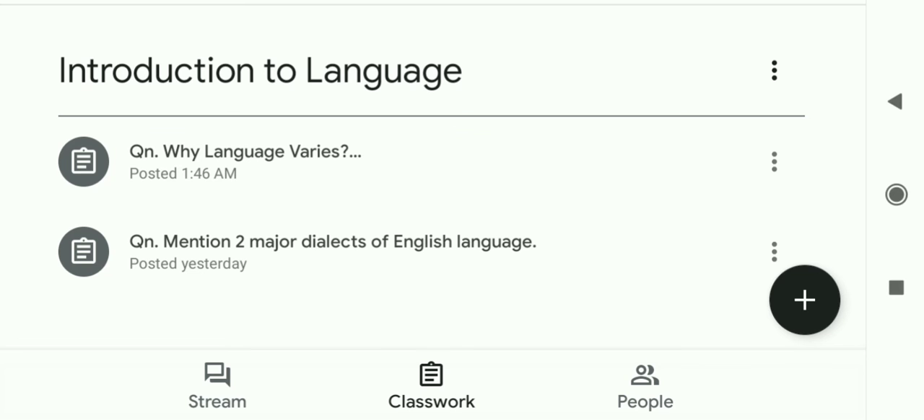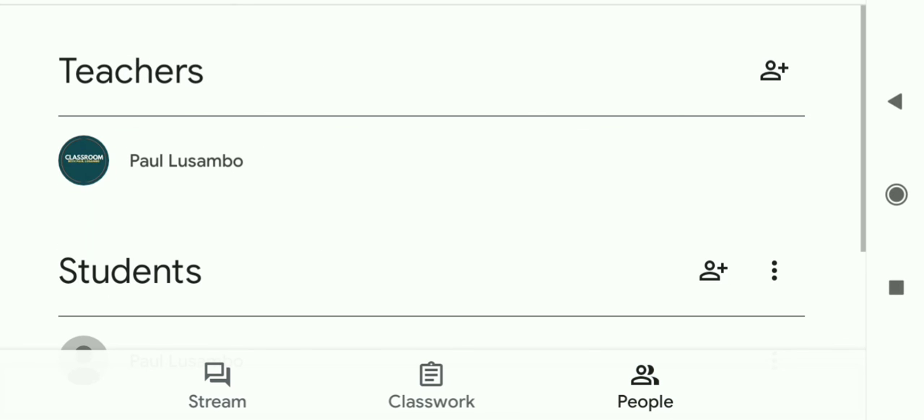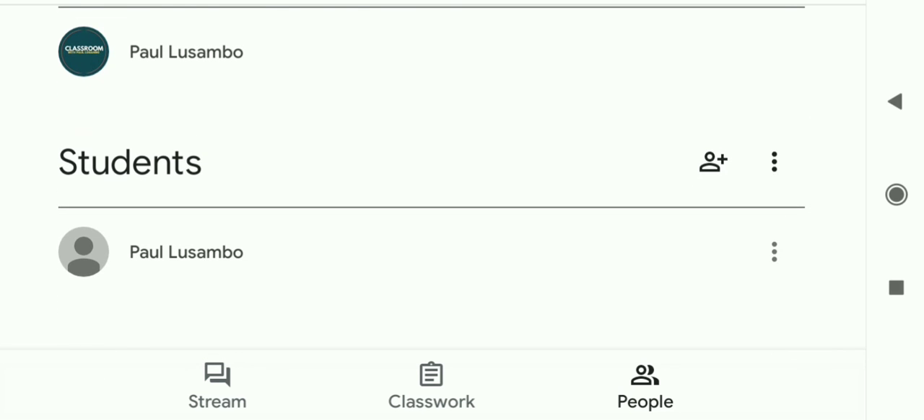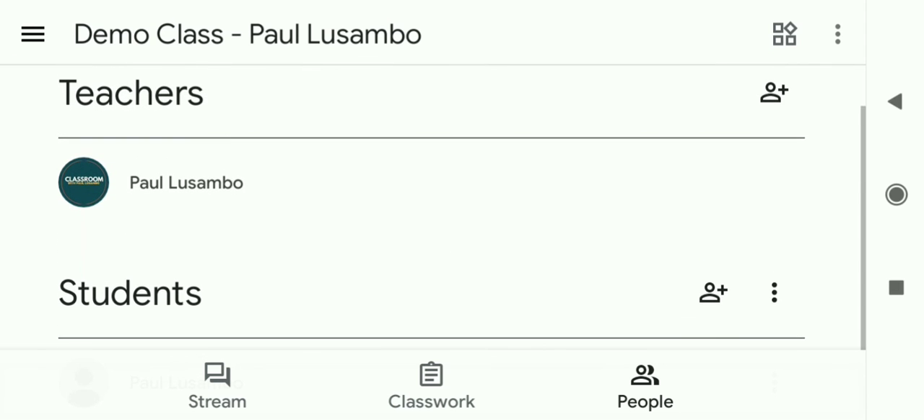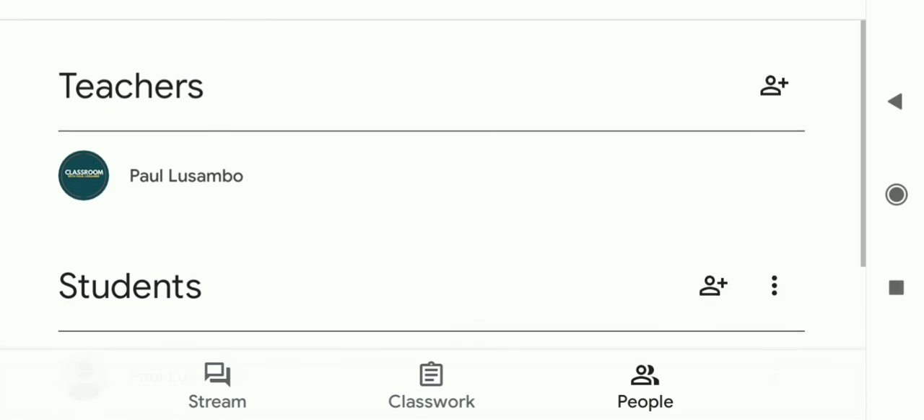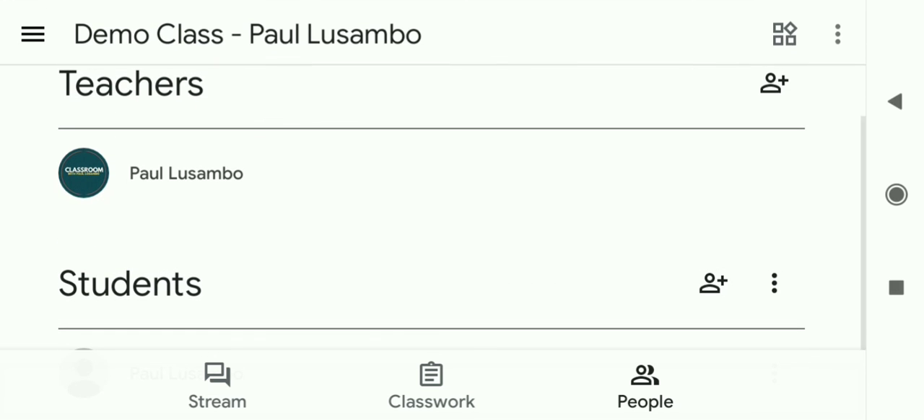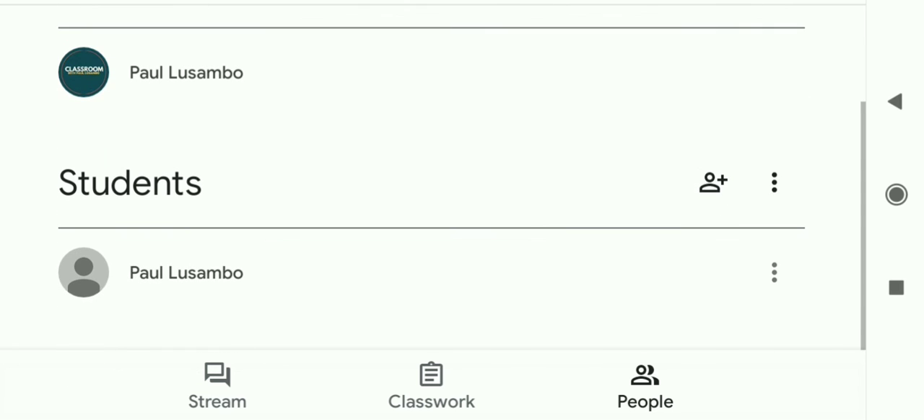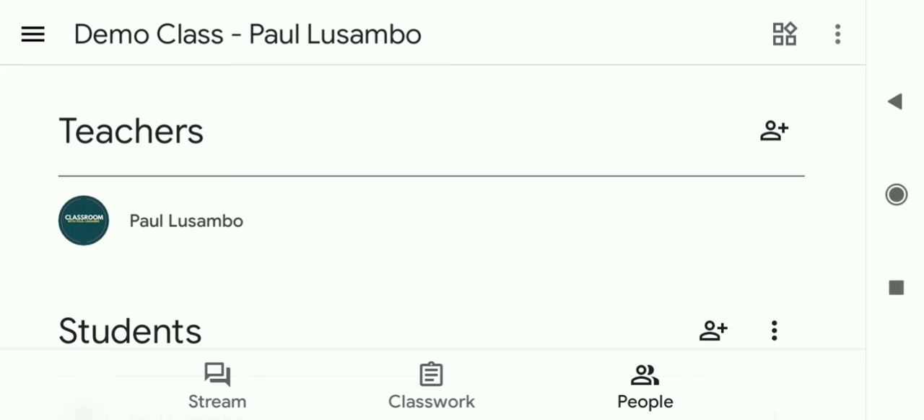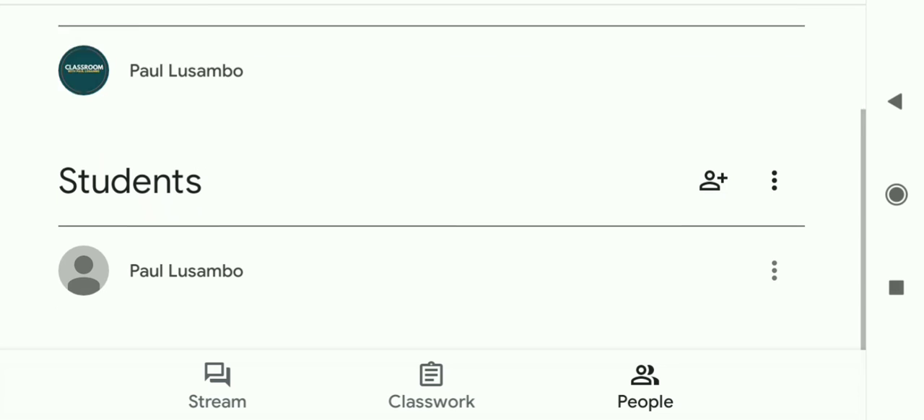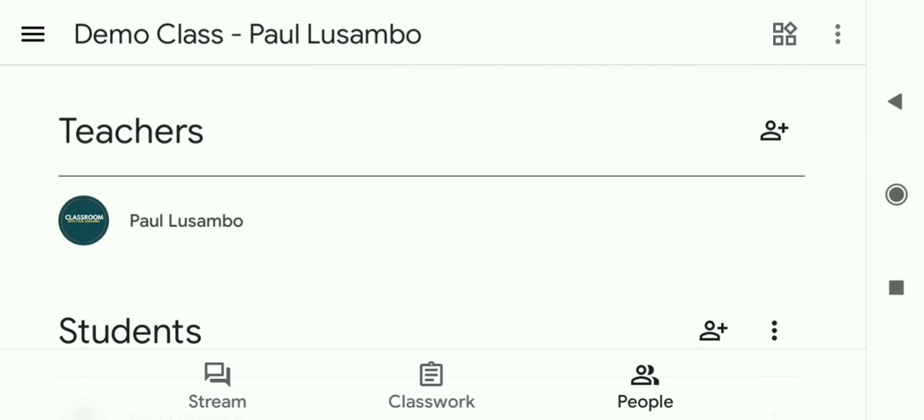Another important part is people. Here, at the top you will see teachers, and down there you see students. As you can see, there is a person icon here and a person icon there, and the plus sign. Here you can add students or add your co-teacher. If you want to have a co-teacher, you can add another teacher there. So this is the summary of how you can use Google Classroom, the important parts that are found